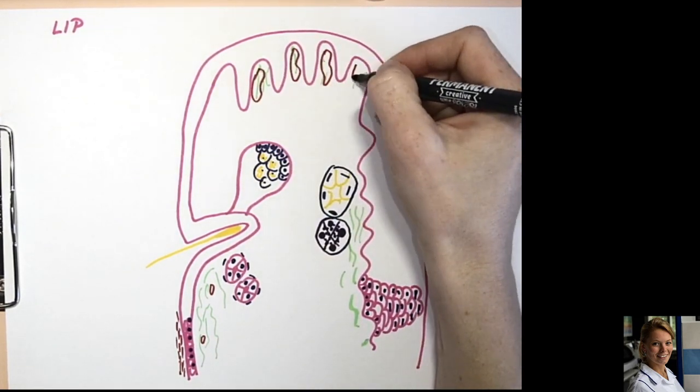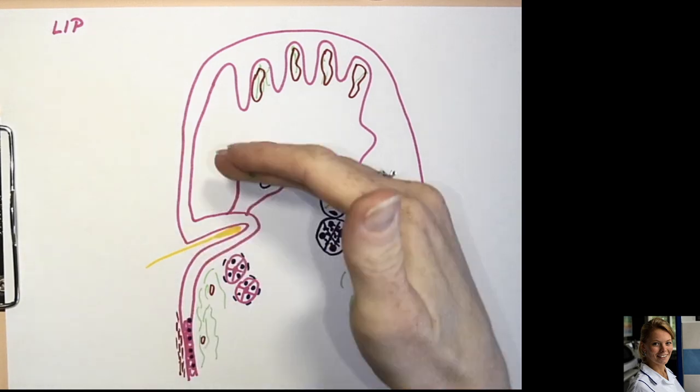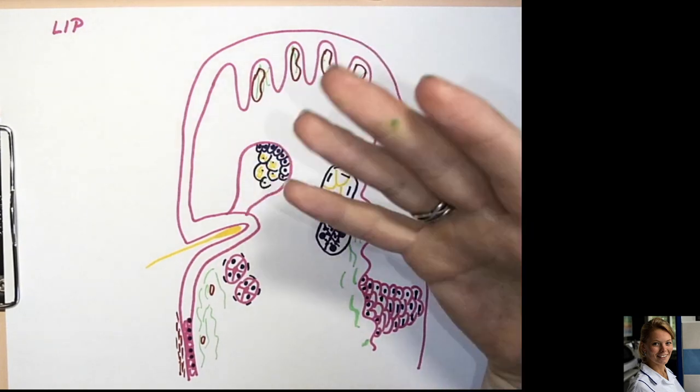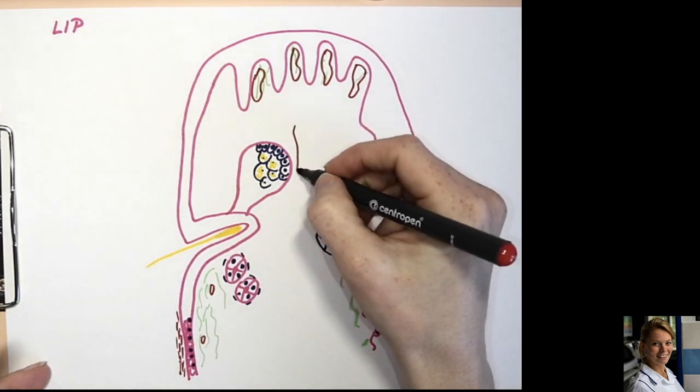The epithelial cells contain a protein, eleidin, and the epithelium is transparent due to the presence of this protein, and the red color is shown in the lip. So this is the vermilion border, and the core of the lip is